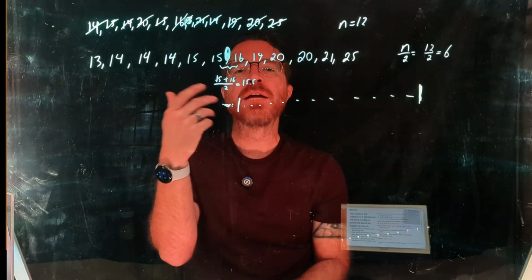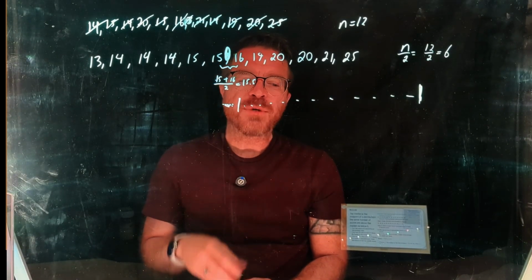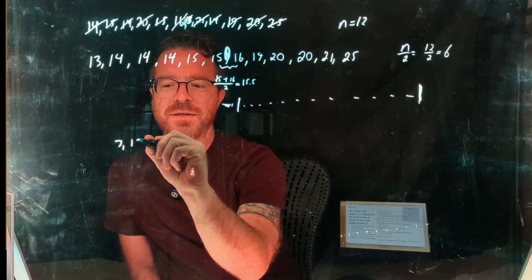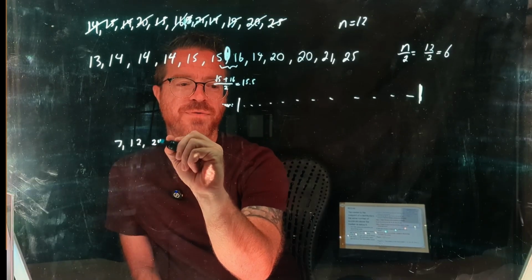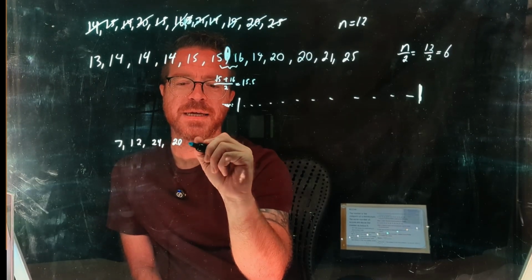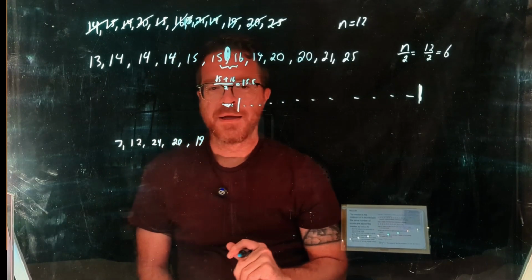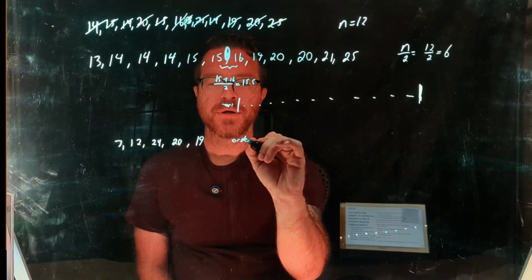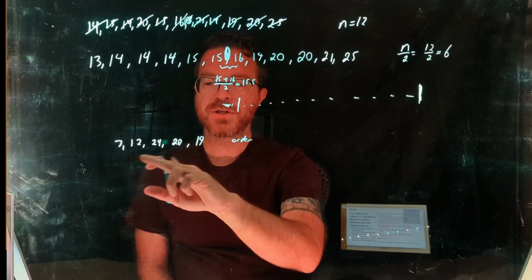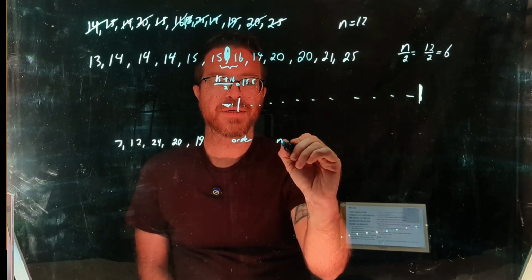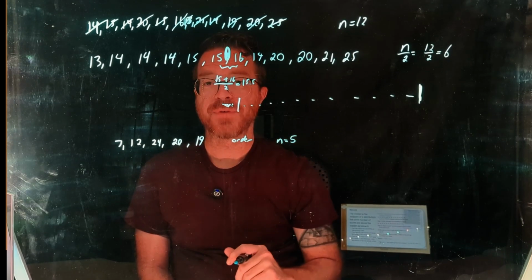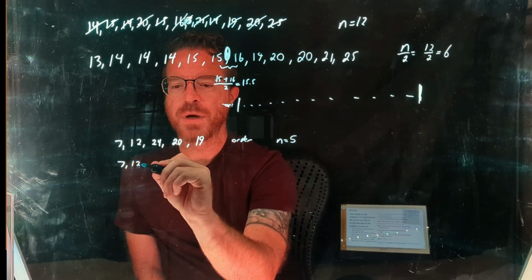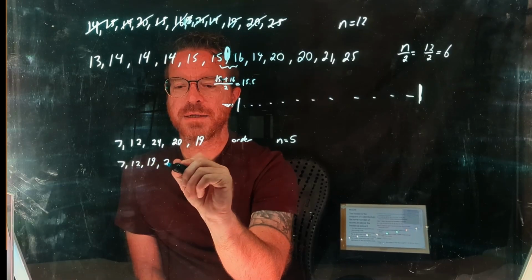So now what do we do if we have an odd number? We have a much smaller example for this, but let's say you had the values 7, 12, 24, 20, and 19. So again, first thing you're going to do is order the values. In this case, we have 1, 2, 3, 4, 5. So we have n equals 5 total values. So I'm going to put these in order. So this is going to be 7, 12, 19, 20,